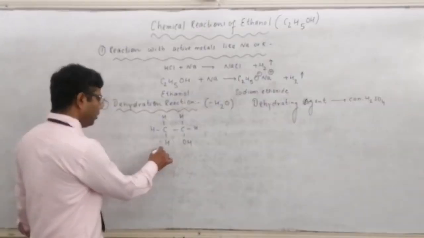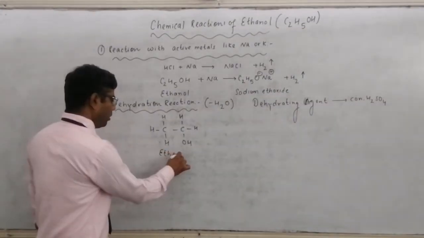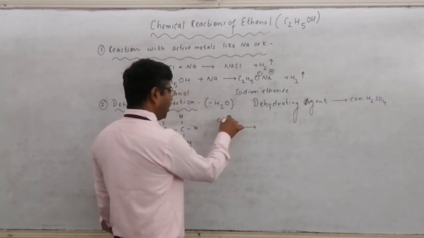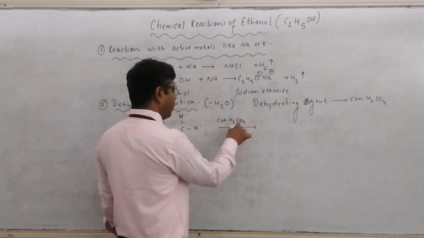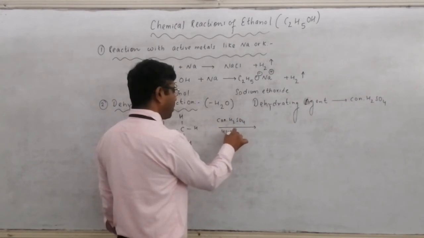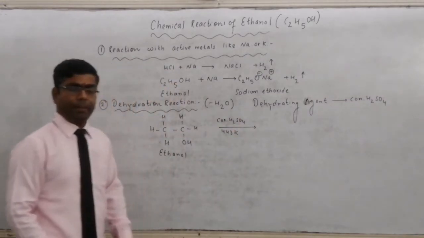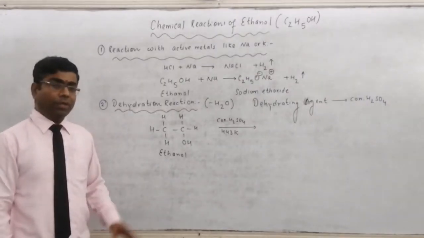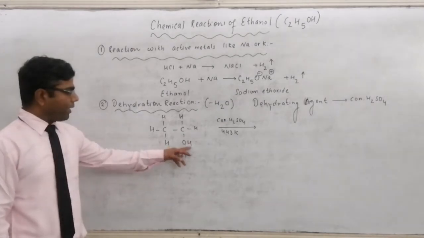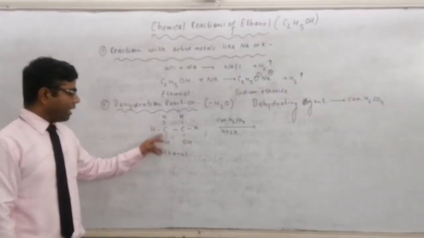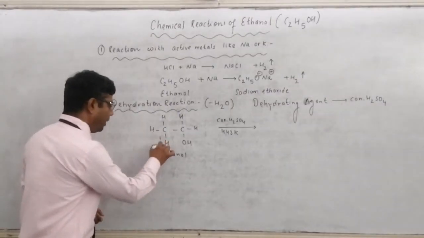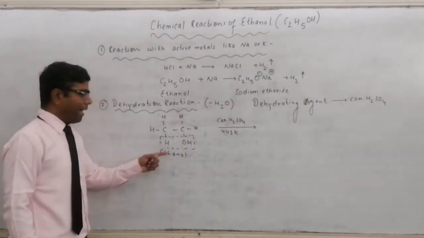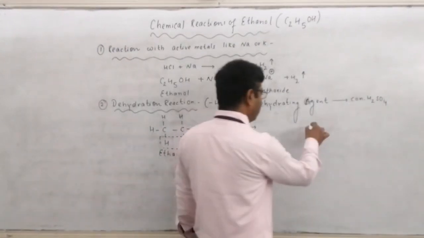So ethanol, when heated with concentrated H2SO4 at a temperature of 443 Kelvin, the water molecule will be removed. And how will this removal take place? OH from this carbon and H from this carbon will be removed in the form of H2O. So H with OH will form